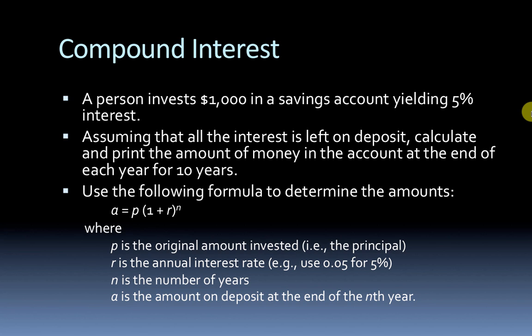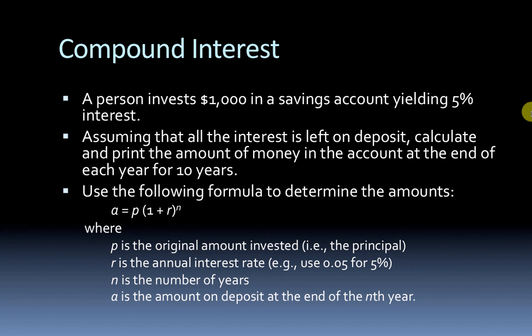So a person invests $1,000 in a savings account yielding 5% interest, and assuming that all of that interest is left on deposit, we would like to calculate and print the amount of money in the account at the end of each year for 10 years. Now, because we're dealing with monetary amounts, once again, we're going to use the decimal data type